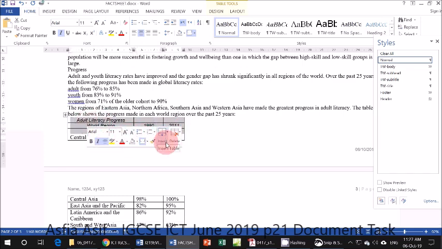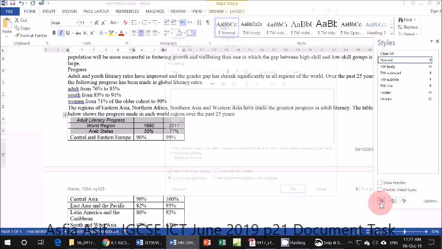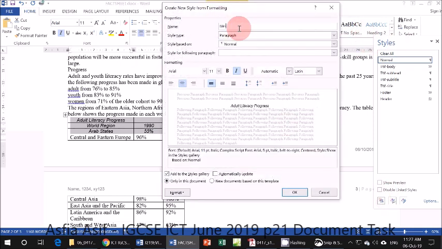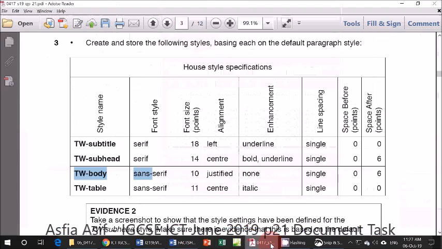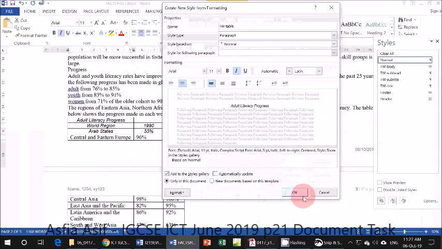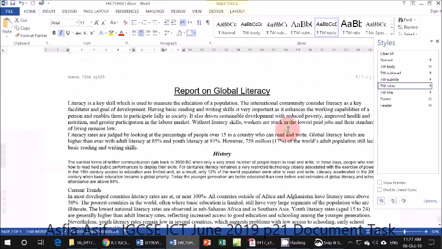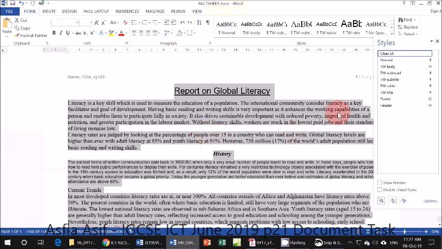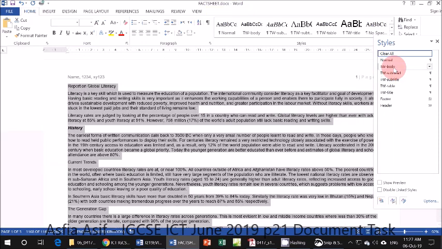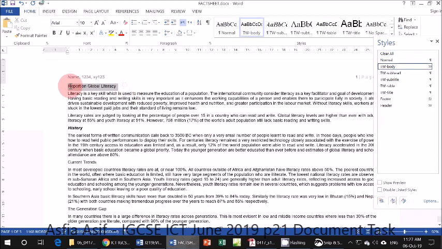Again you can see the style is not available, so you can select the styles and click on new. This is TW table. Always double check if it is coming like italic, Arial 11 italic, single line spacing, center aligned, and does it have, yeah, no spacing after. Now we have all the styles over here. After that, I always suggest to just select all the text and apply the body style, because it is much easier, because that is the one style that you will need to apply much more. Then starting at the top,